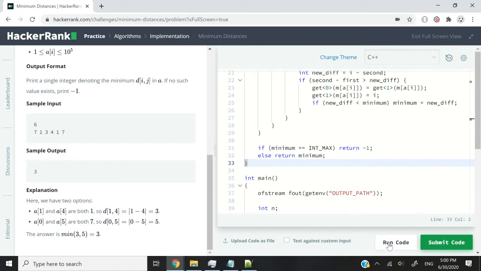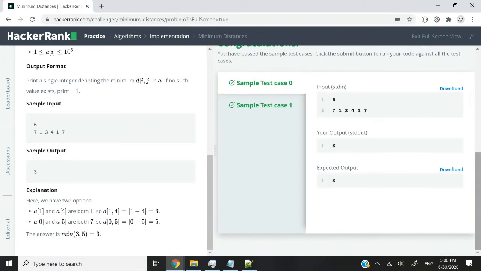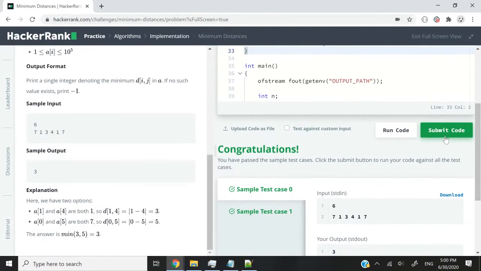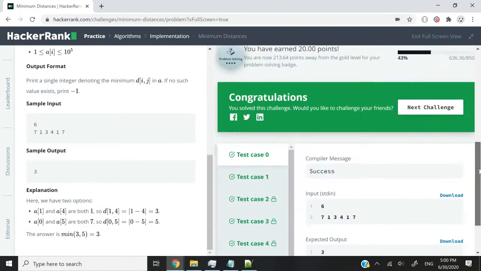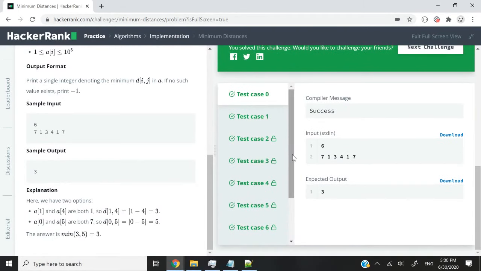So I'm now going to run this code and we should be able to pass. I apologize if it looks a bit messy, but if you have any questions, just drop them in the comment section. I'll make sure to reply. So you can see that here we pass test case 1 and also test case 0. So we can now submit this code just to be 100% sure that everything passes. And you can see that all of them pass successfully.